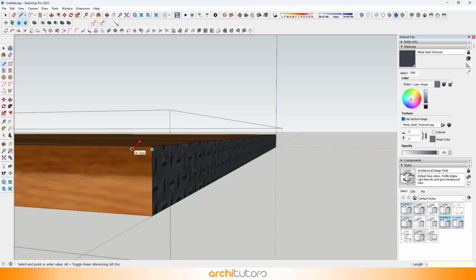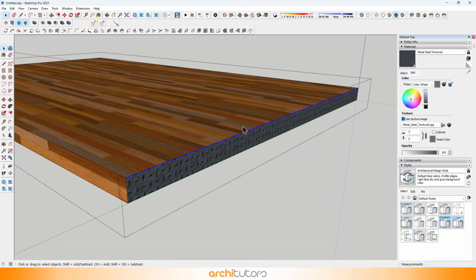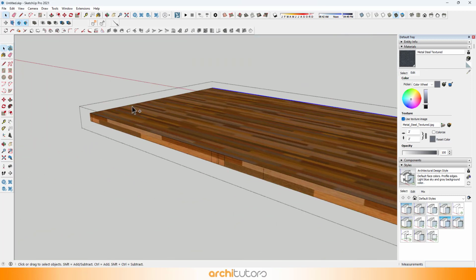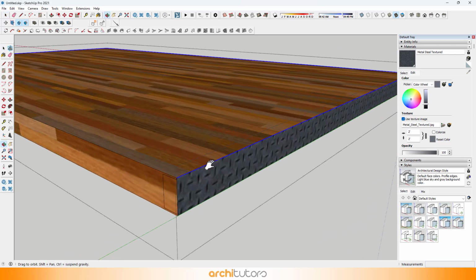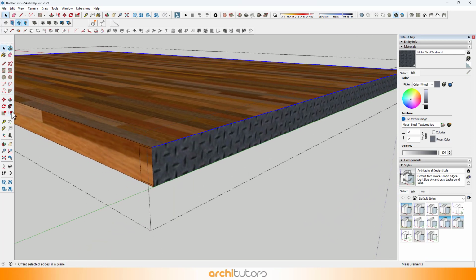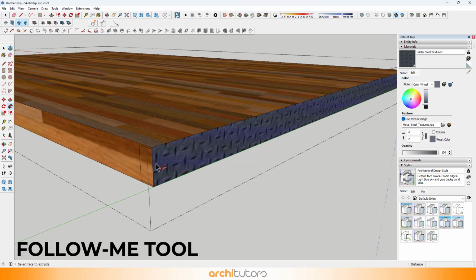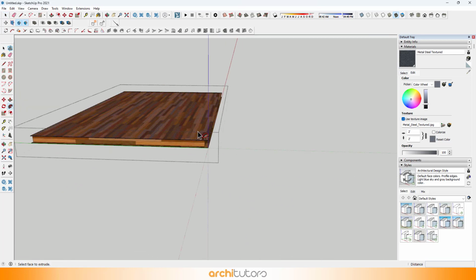Draw a C-section profile on one of its corners. Use Follow Me tool to wrap it around the three edges of the geometry.